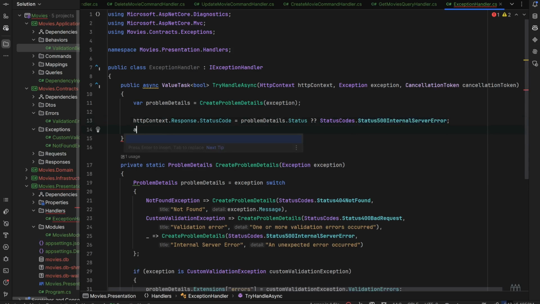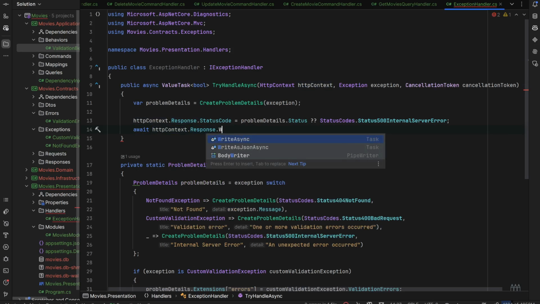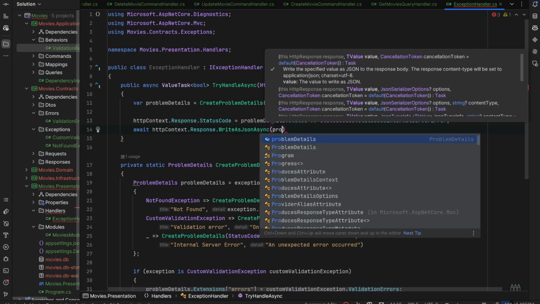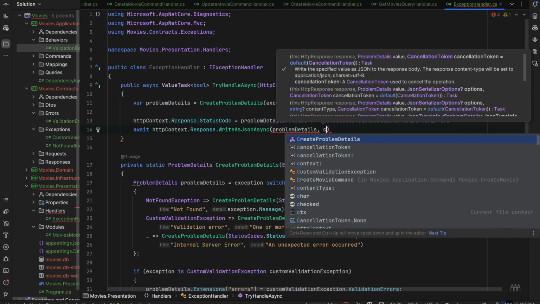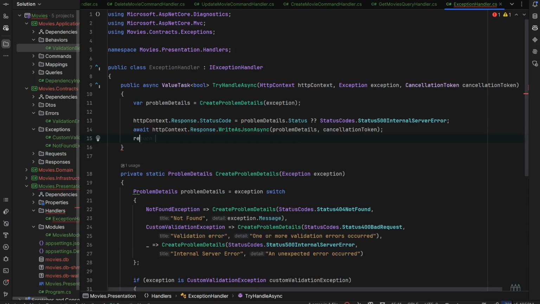Then we have to write our problem details as JSON. So we will use the HttpContext.Response.WriteAsJsonAsync method, and we are passing the problem details along with the cancellation token,